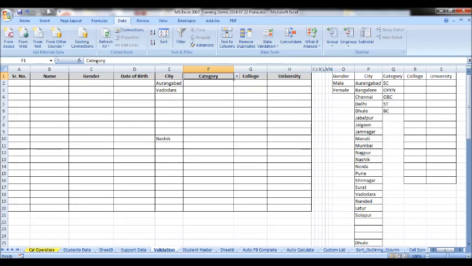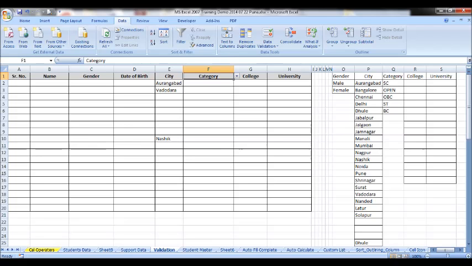Suppose you want to remove validation from this particular cell. Currently category is written therein, but it is validated for this. Validation, though it is a predefined stage for data entry, cannot alter the values which are already entered in the cell.